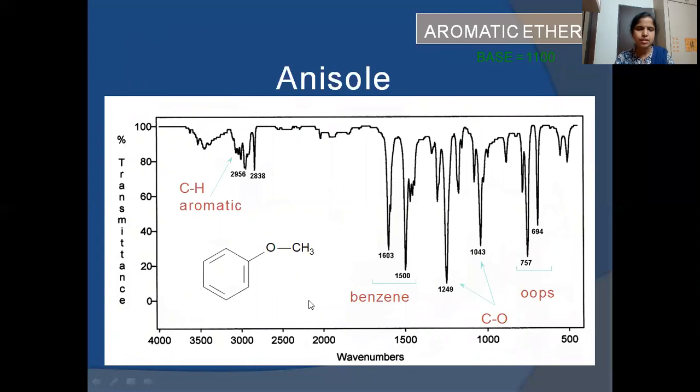Anisole again. The difference between the previous example and this is that here we have taken an aromatic ring. Aromatic means just above 3000, you can see this aromatic sp2 CH. Just below is because we have a methyl group also, so we are able to observe these bands. Then at 1500 and 1600 we also observe bands. Then below 900 also, that is out of plane bending vibrations, which confirms that a benzene ring is present and it is substituted.